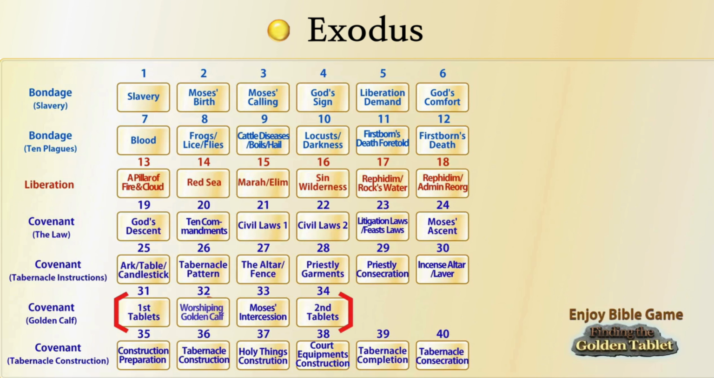Then Moses sees the people making a golden calf and breaks the tablets. Then Moses repents to God for them and intercedes. Then God forgives the people after Moses' intercession and renews the covenant by making the second set of tablets of the Ten Commandments. The final section of the covenant is chapters 35 through 40, which deals with the construction of